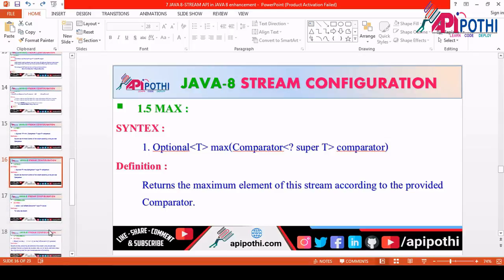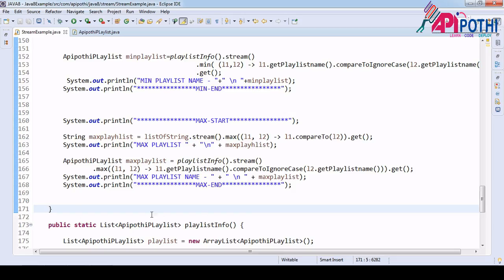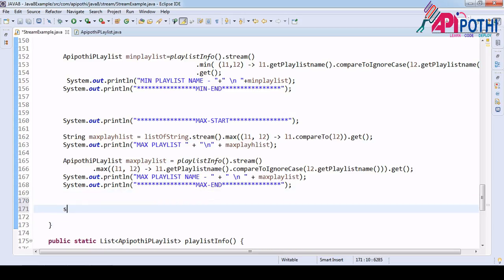Okay, now what else? For each, just for iterating. Okay, this doesn't have much to it, you just need to iterate, that's all. So what you can do here is have some SOP.